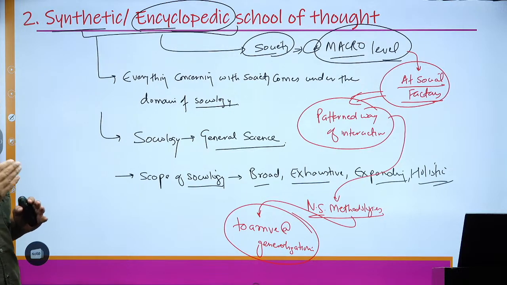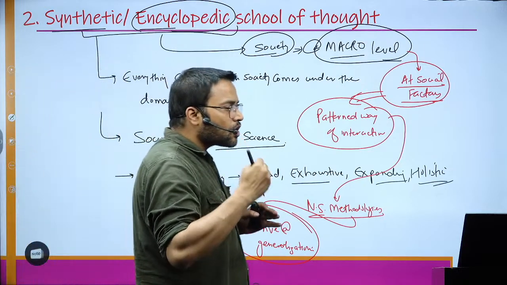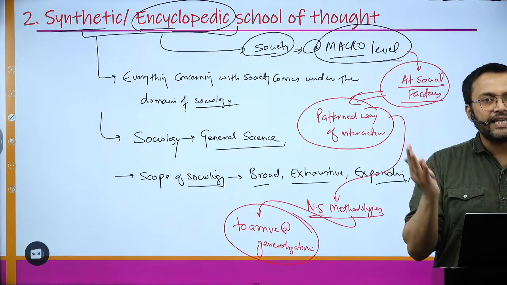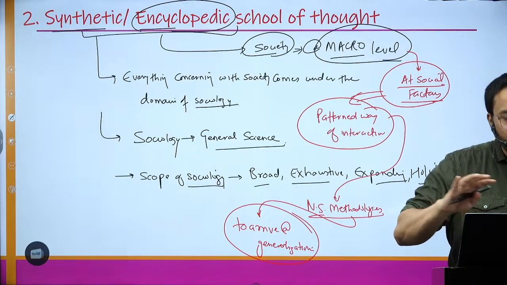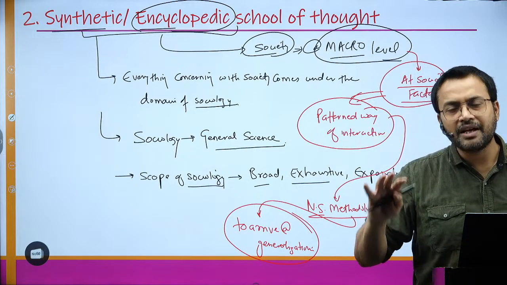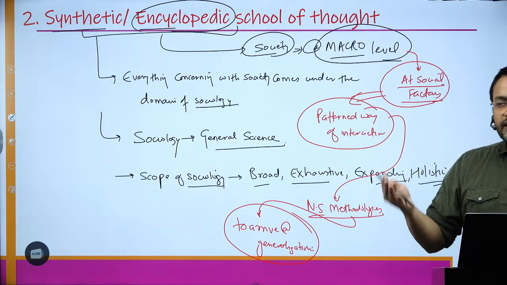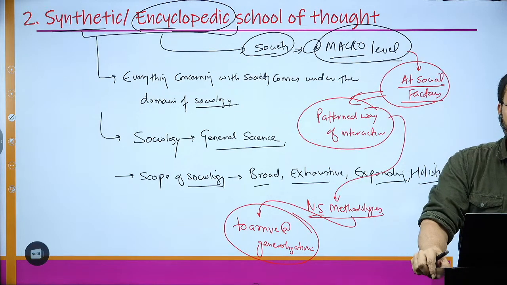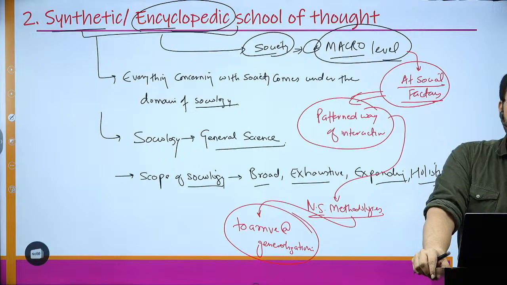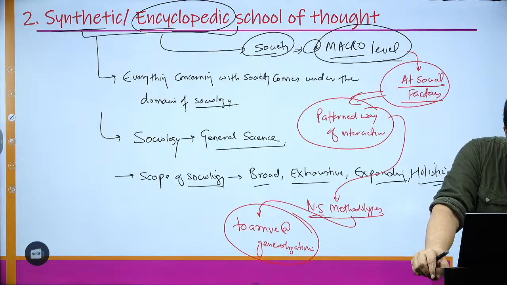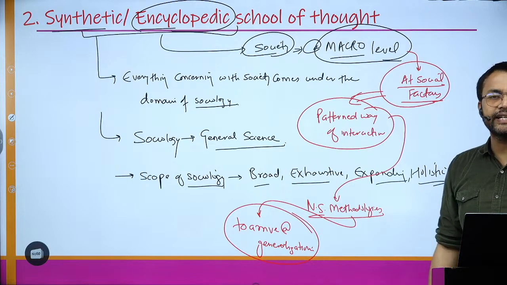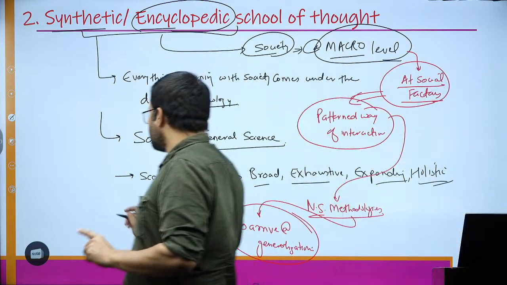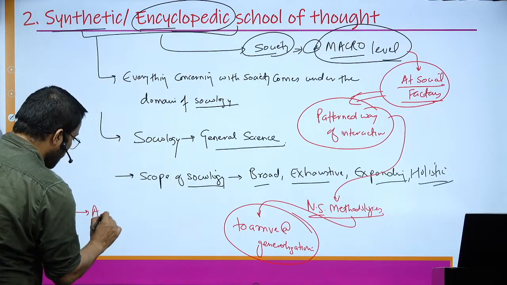They're not talking about individual meanings and motives. They're not talking about how an individual person is designed. They're not going into the genetic, psychic level of the individual. They're only talking about social factors which govern individual behavior. And they had this notion that everything concerning society comes under the domain of sociology. So sociology is a kind of an umbrella term. This school of thought also advocated synthesis in the form of coordination among all social sciences.